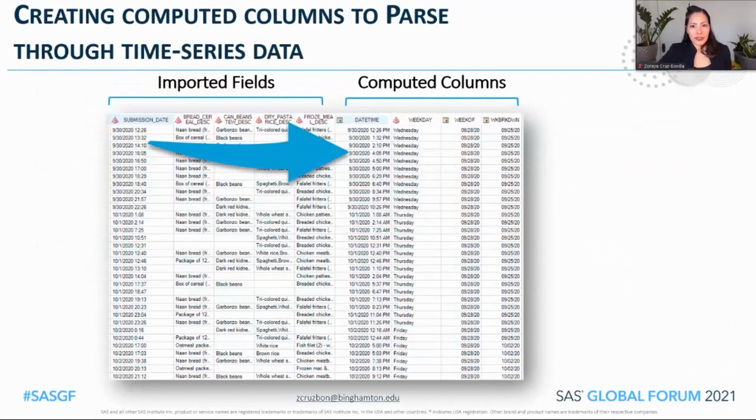The next step is to create computed columns, which can perform calculations or change values for the purposes of broadening the analytic power of imported fields. For example, the submission date field can be reformatted from text values to date time values so that SAS can perform additional calculations in a subsequent procedure. Let's see more examples like this to illustrate their applications in data analysis.